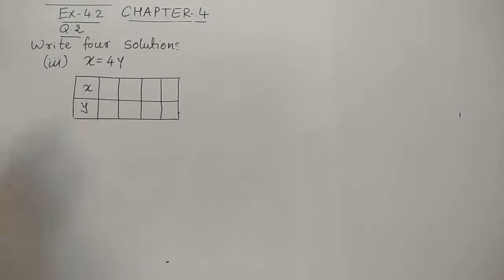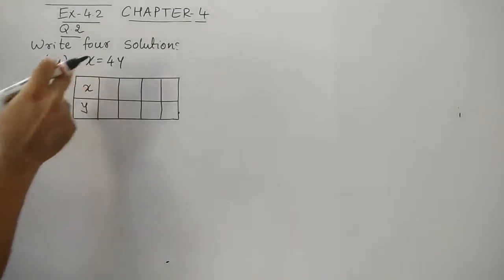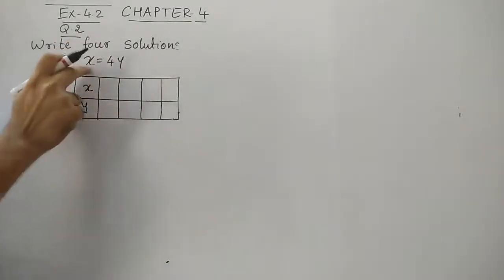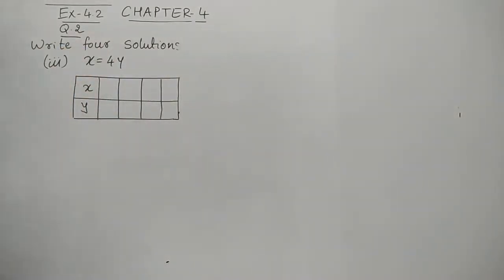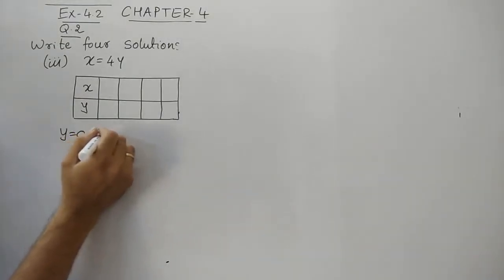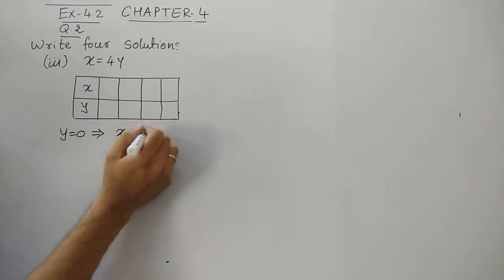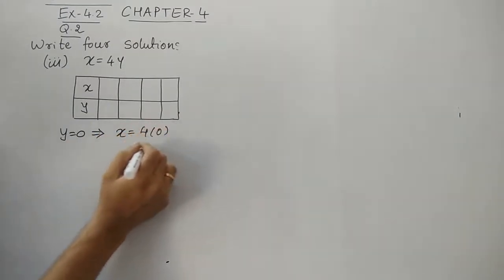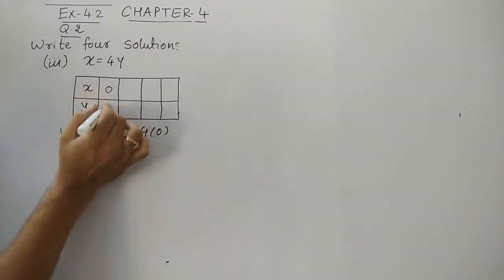In the equation it is given x is 4y. So you can see that it is already in the form of a subject. तो यहाँ पे x सब्जेक्ट है और y इक्वेशन में है because there is no constant. तो हम y के लिए सपोज करेंगे. Let's go for y 0. So x is equals to 4 into 0. So that is 0. So both are zeros.